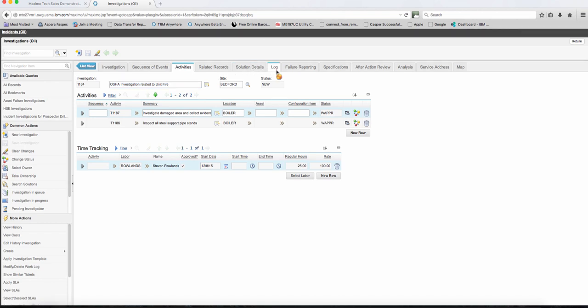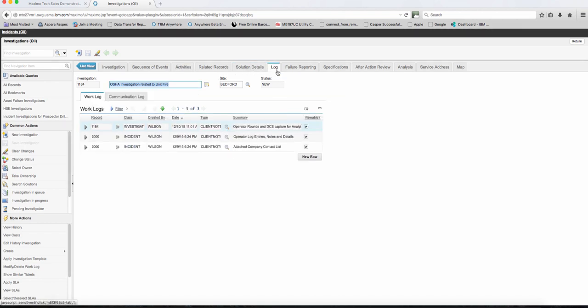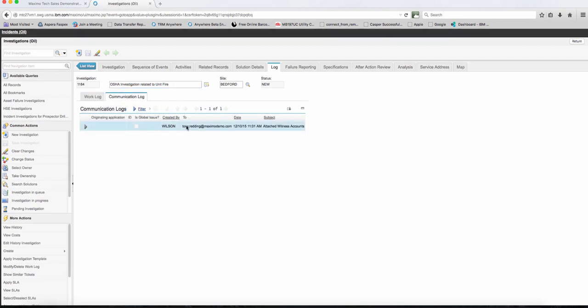The key area that I want to get to, one of the areas I didn't mention on the previous, was any logging. During the incident, there were a couple entries created. So there were operator log entries, notes, and details. A company contact list was attached. As it escalated to the investigation, someone went through operator rounds and DCS capture for analytical purposes. That information was captured and added to the work logs. If you're using email for correspondence, those email communications would be captured as part of this record as well. Someone attached witness accounts, that's been attached as an attachment, that would come over as part of the communication